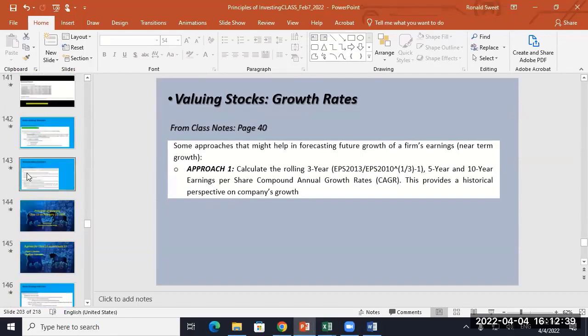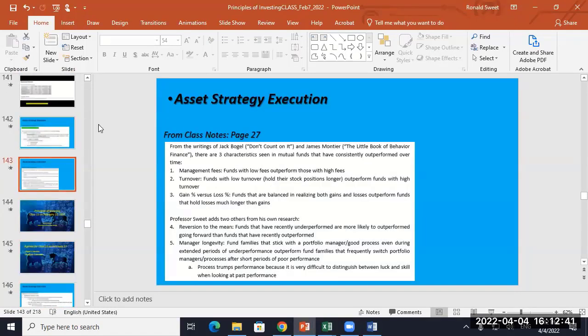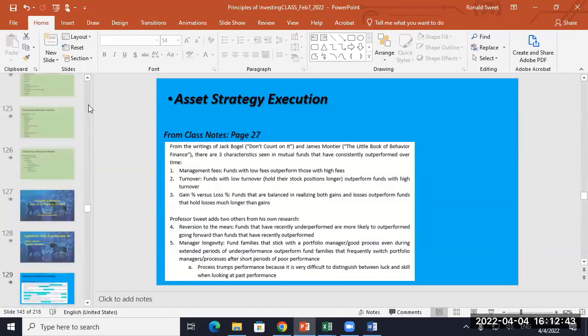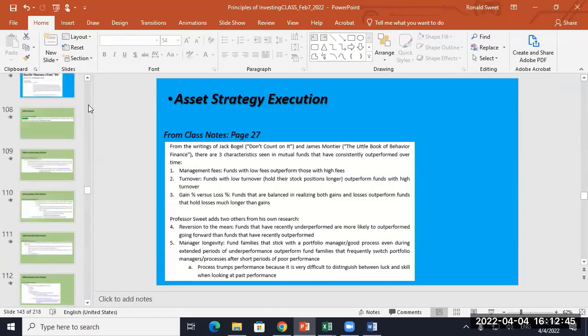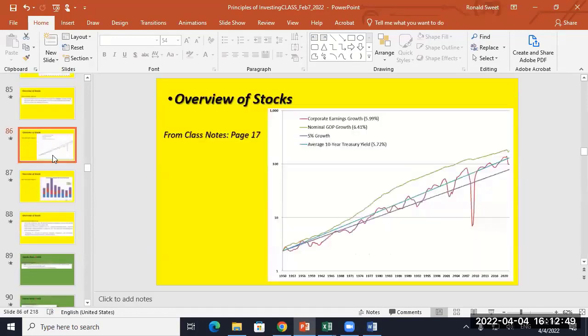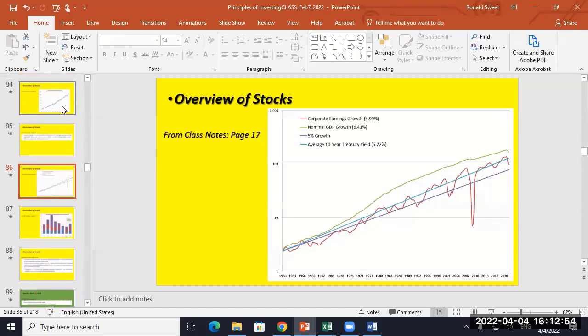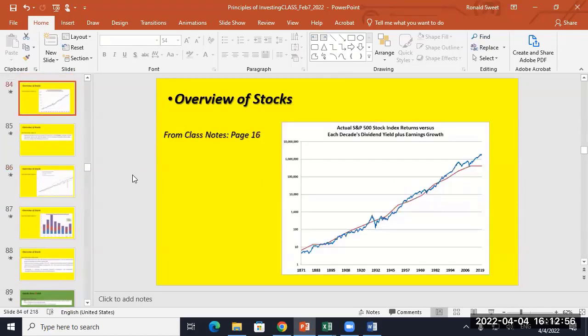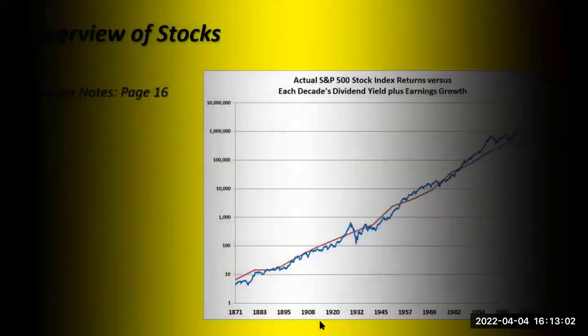I don't know how far back I got to go. It's during the stock discussion. These stocks back here, these charts back here. Anybody remember that chart? It's been several weeks. What did I do with this chart? I went back to